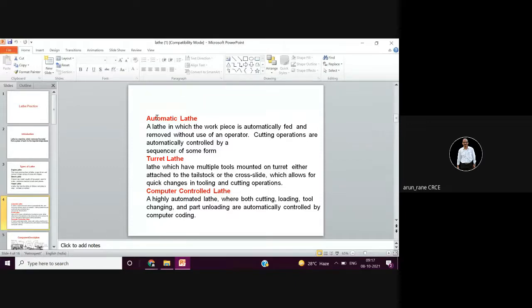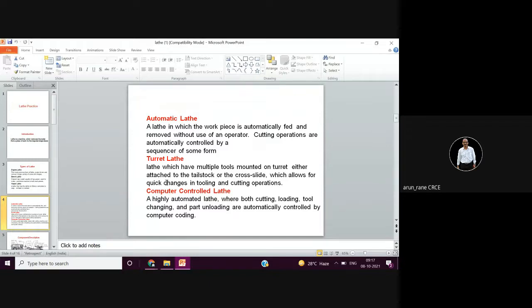Whereas if you are using capstan and turret lathe, then you can have front tool post four tools, rear tool post four tools, rear meaning the back one, and a hexagonal turret on which you can mount six tools instead of tailstock. So that means 6 plus 4 plus 4, 14 tools you can mount on a turret lathe.